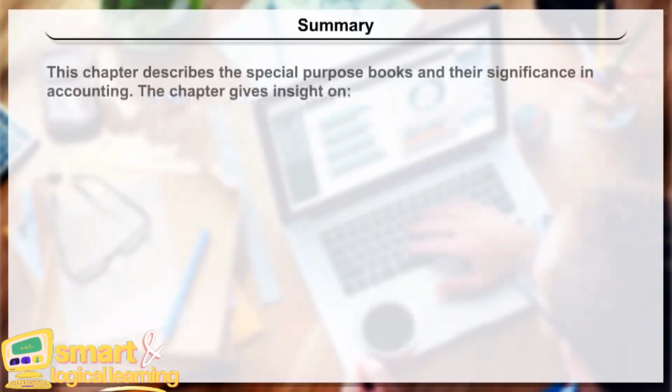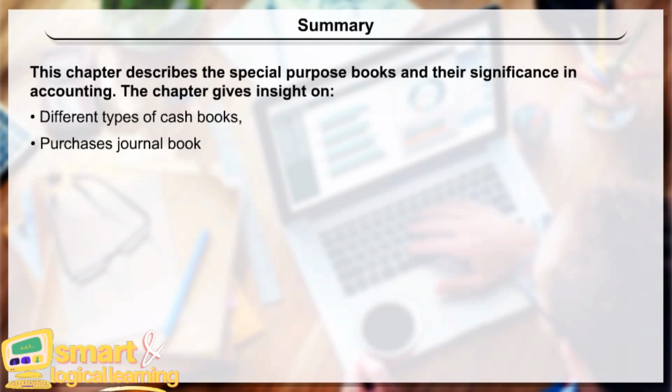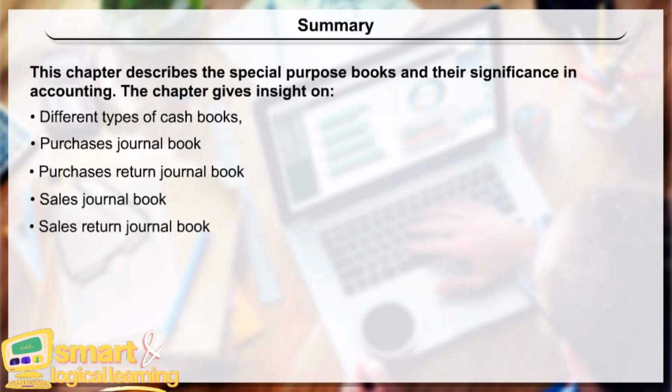Summary. This chapter describes the special purpose books and their significance in accounting. The chapter gives insight on different types of cash books, purchases journal book, purchases return journal book, sales journal book, sales return journal book, petty cash book,